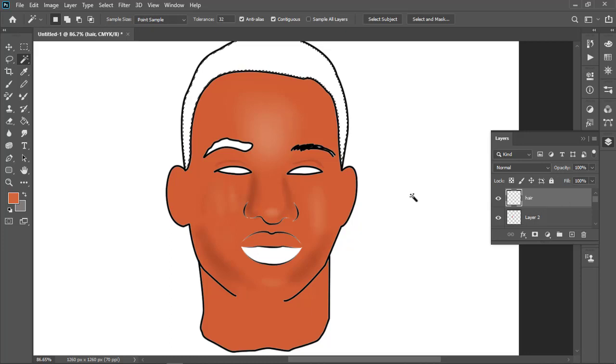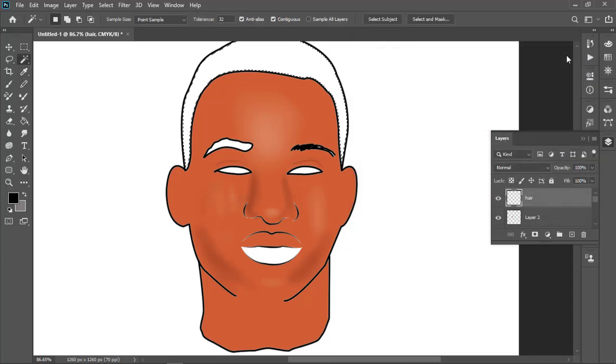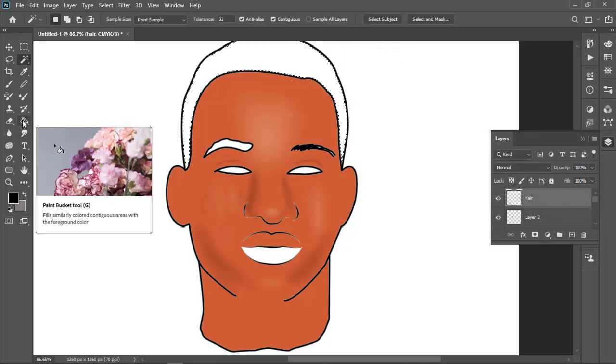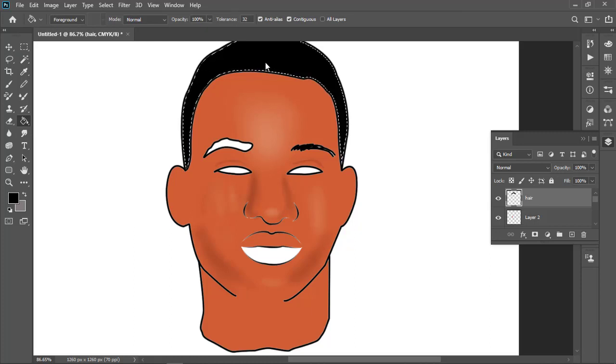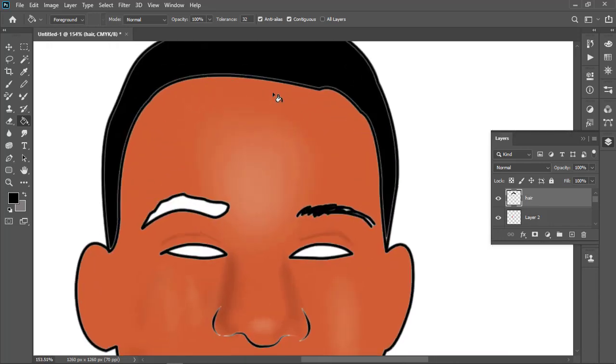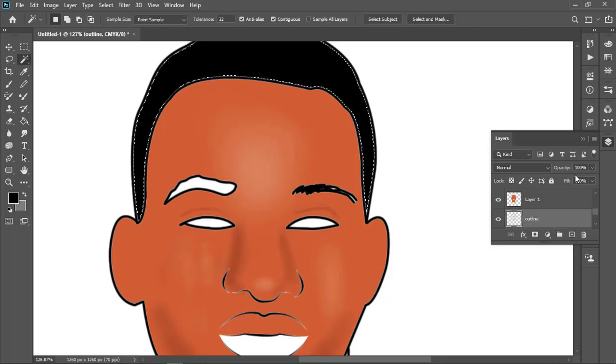After renaming it hair, then you have to make sure that this is black. Most hair are usually black, but if you want a different color for your hair, you use a different color. You select OK. Back to your bucket tool, you put it in there, just like that. Control D. There is your hair. Now if you feel like, no, my hair is not well connected, now this is what you have to do. You go back to your outline tool, magic wand, you select on your hair.